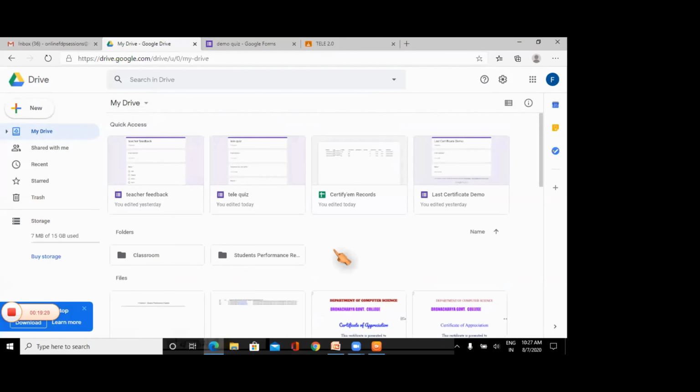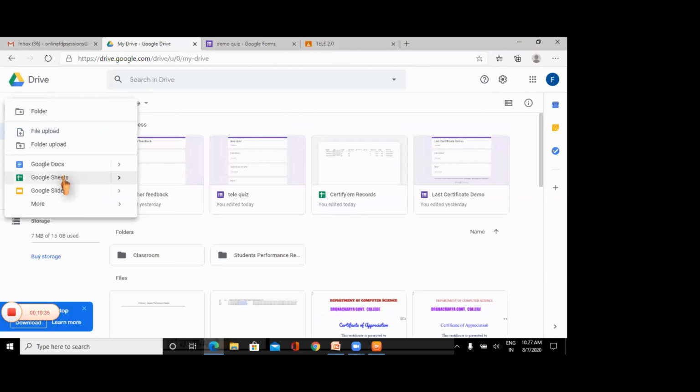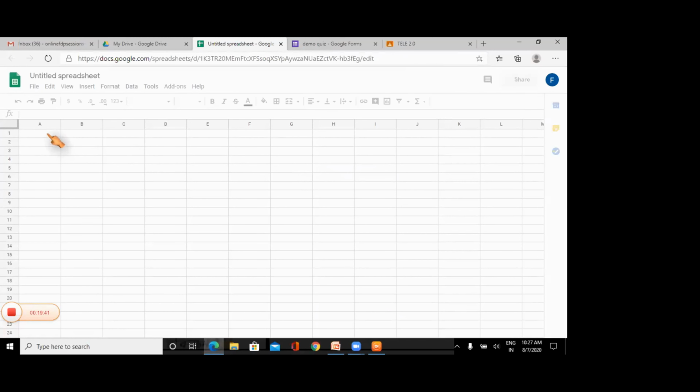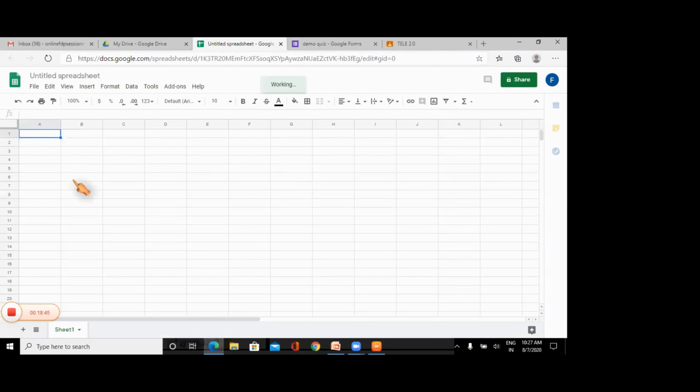Second thing I need is a Google Sheet. So create new, just click Google Sheets. Now here I'll make a sheet. Suppose with name and roll number of students. So first column is name, second is roll numbers of students.